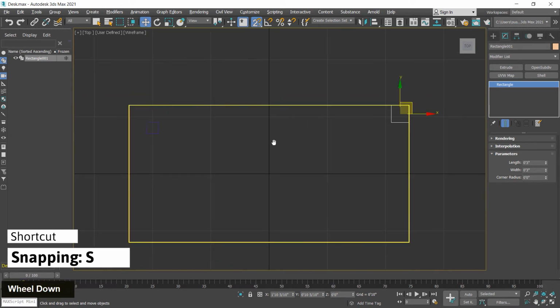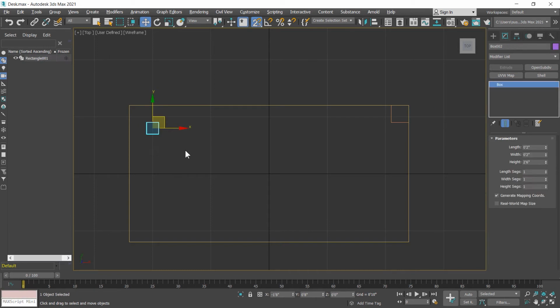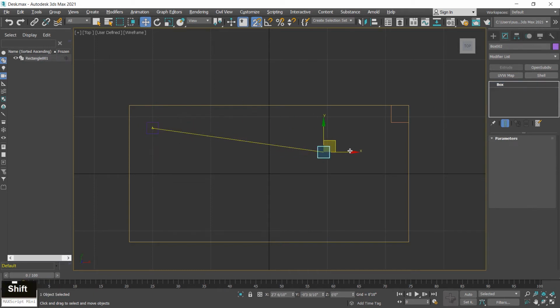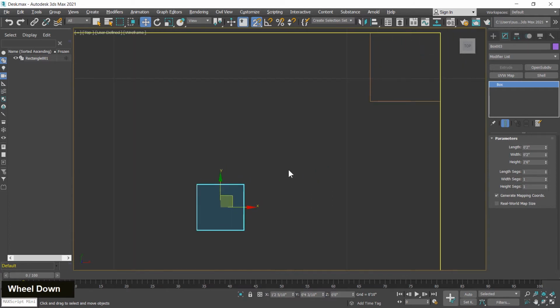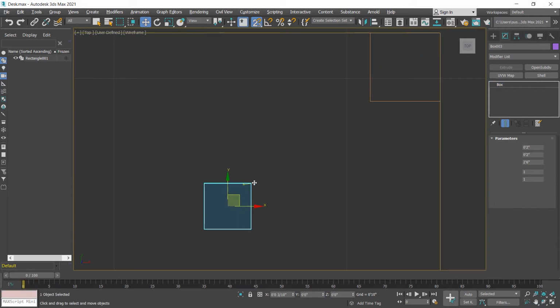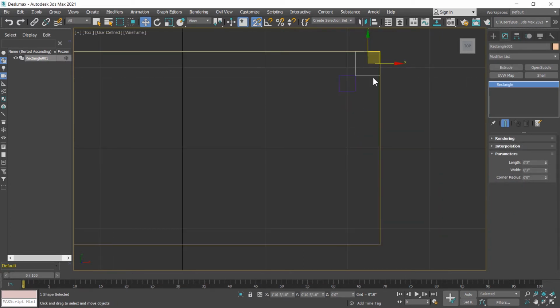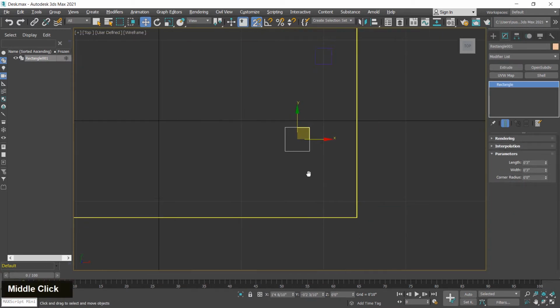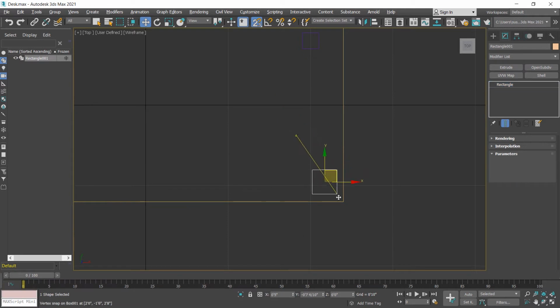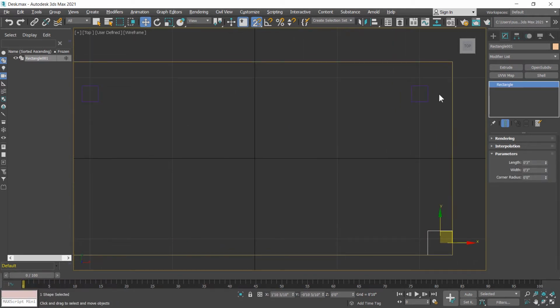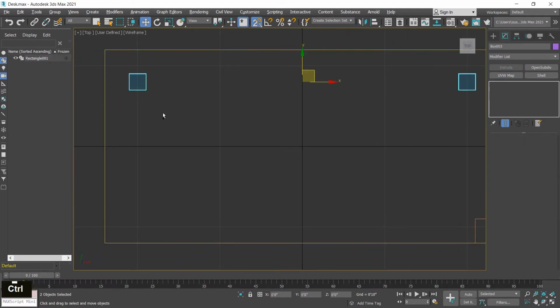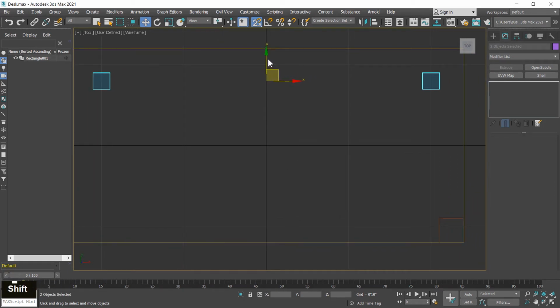Now I create a duplicate copy of this by pressing shift key and zoom a little bit. Select this point and snap with this corner. Now I move this rectangle and place in the bottom corner and select these 2 legs with the control key and create a duplicate copy.